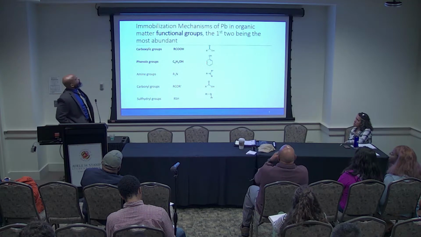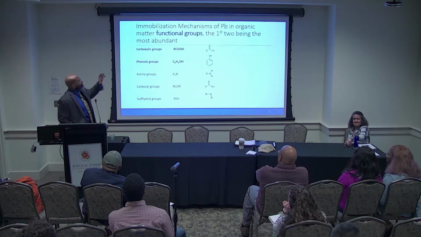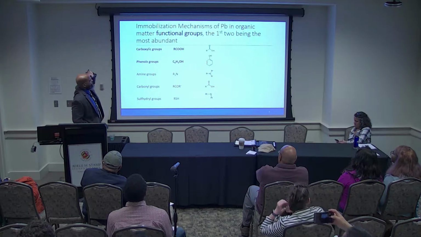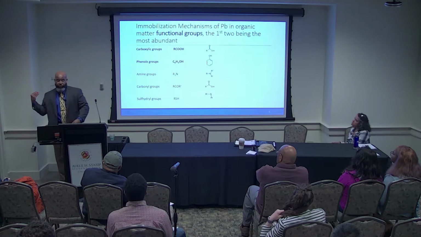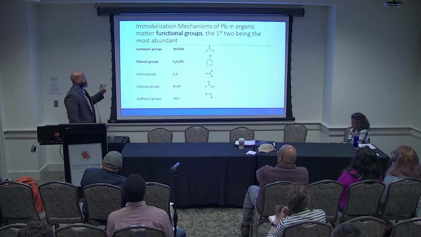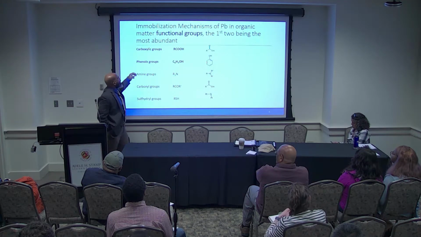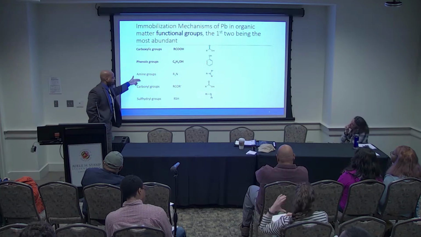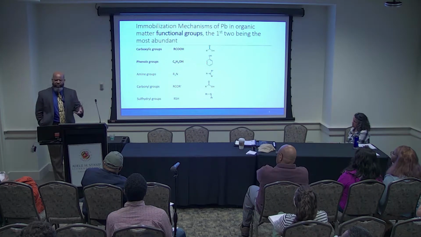All right, so just how does it work? Don't panic, there won't be a quiz. I'd just like to give particulars about how things work. So the immobilization mechanism for lead and organic matter is that they're bonded on the functional groups and functional molecules, right? These carboxylic groups and the phenol groups that exist on the edges of organic matter are the main mechanisms and the main units, but there are many others, depending upon the composition of the particular type of organic matter that you're dealing with.